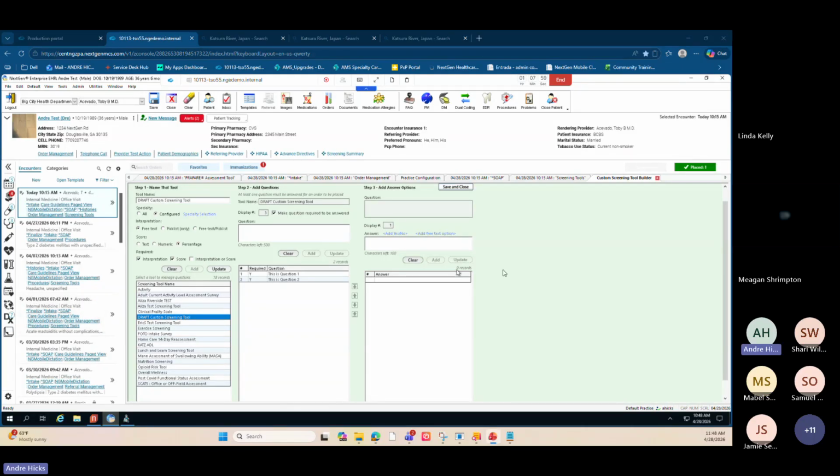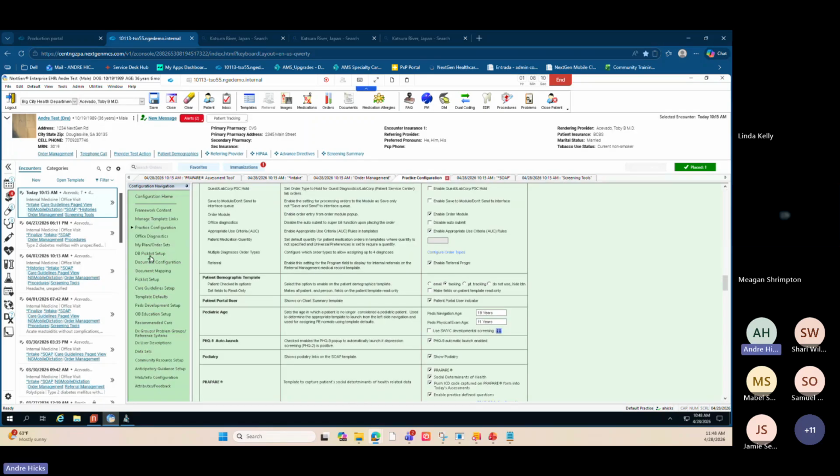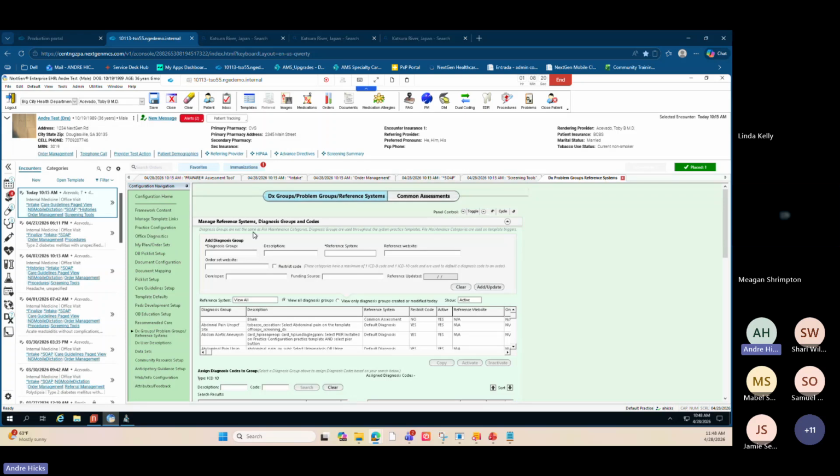Now I'm going to go back a little bit to our configuration home. Let me go ahead and close this. So they've made some additional changes. If I come down to the diagnosis group here, to comply with the US CDI V3 standards, 2 new categories for the SDOH diagnosis problems have been included. So if I go to manage reference systems right here under diagnosis groups, and I hit